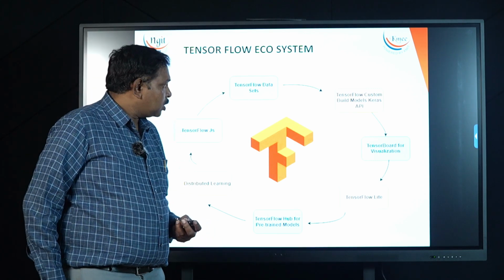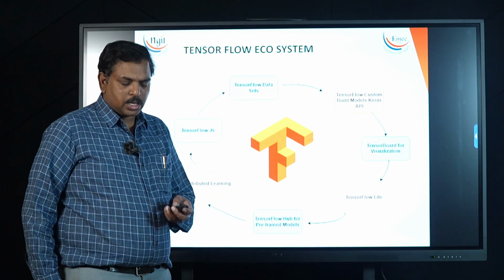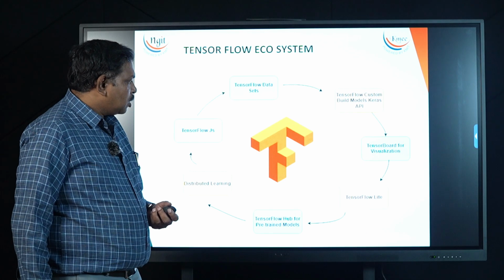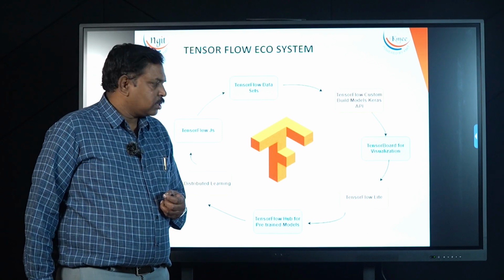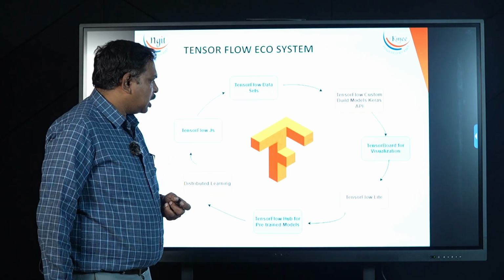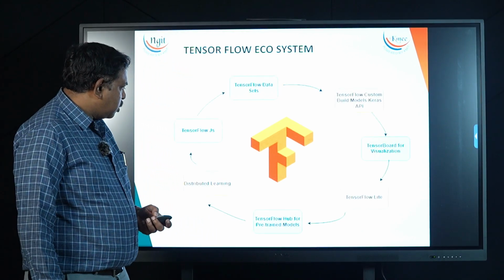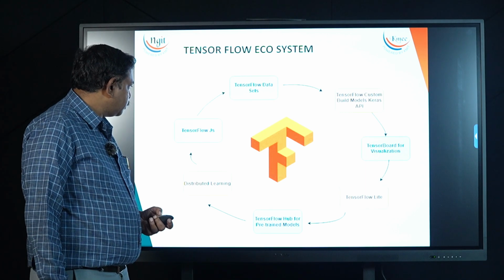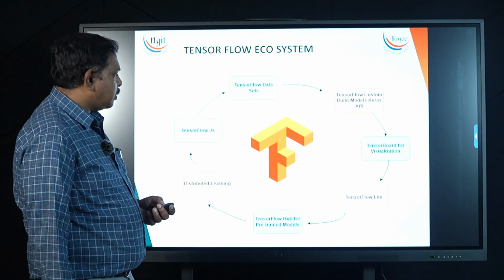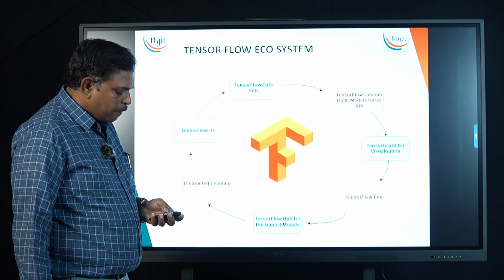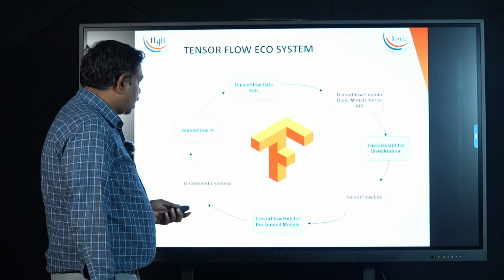TensorFlow also comes with one visualization tool called TensorBoard. That also helps in predicting the results of a model. The applications that want to run on mobiles and other lightweight, low processing devices can take the help of TensorFlow Lite. TensorFlow Hub has some pre-trained models. TensorFlow works in a distributed environment with different kinds of GPUs and TPUs. So this has become an industry standard for developing and training AI models.